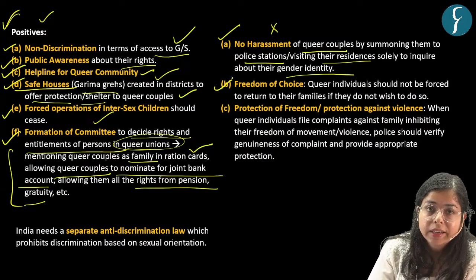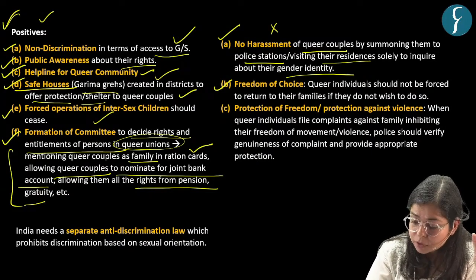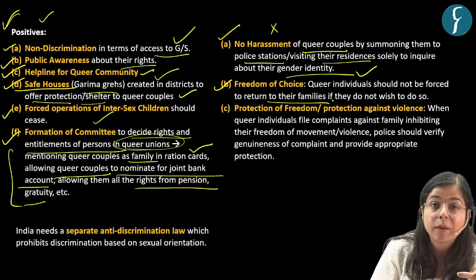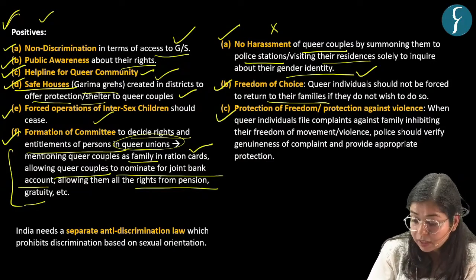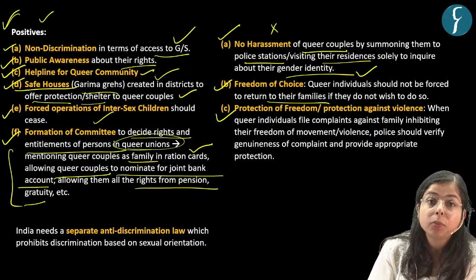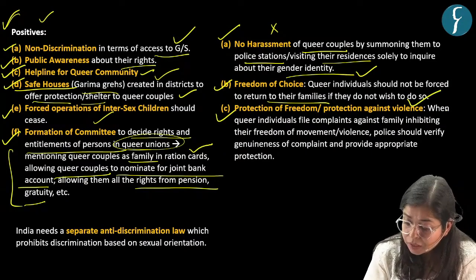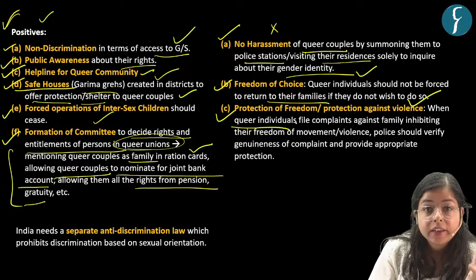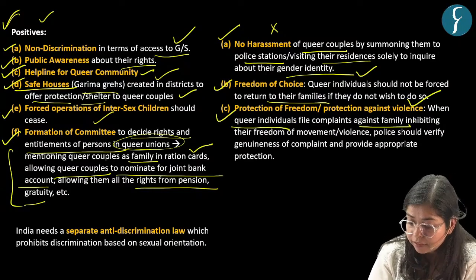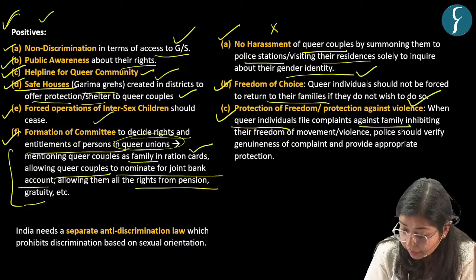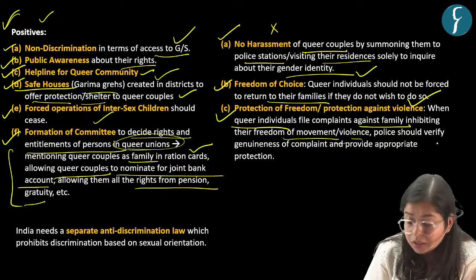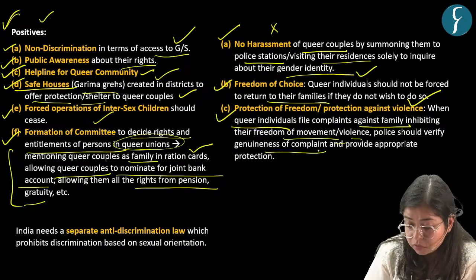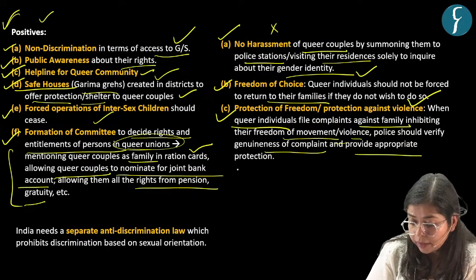Okay. The other directive given to the police is the freedom of choice. That is, the queer individual should not be forced to return to their families if they wish not to return, right? And there is also a directive regarding the protection of their freedom and protection against violence. That is, when a queer individual files a complaint against family for inhibiting their freedom or inflicting any kind of violence against them, then the police should verify the genuineness of the complaint and